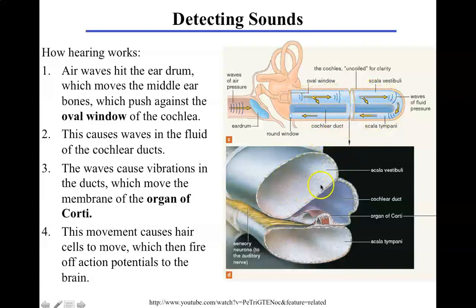So in here there's going to be fluid, and there's these little hair cells. So again, the sound waves are going to wiggle the middle ear bones. The middle ear bone is going to push against this fluid, and then the fluid is going to have waves. Imagine instead of like a tube of fluid, imagine this was a long